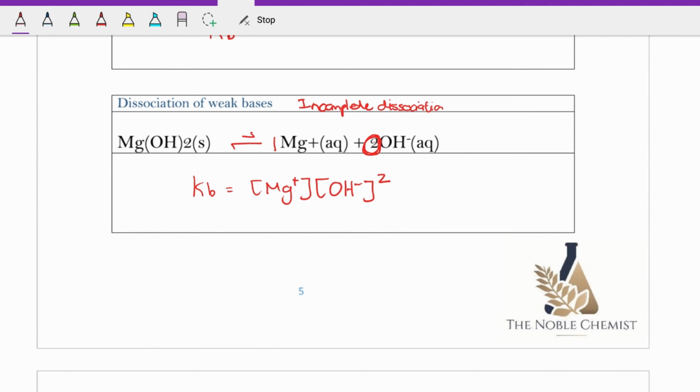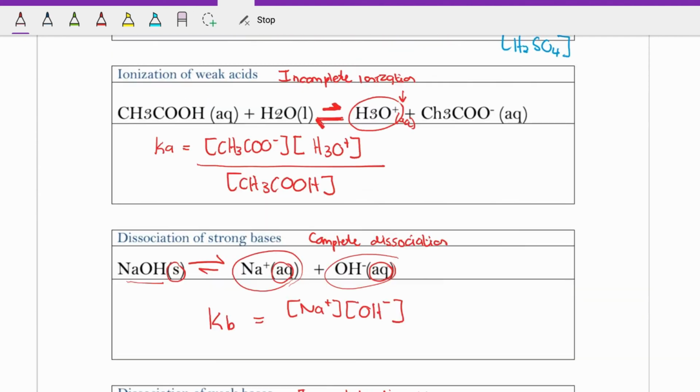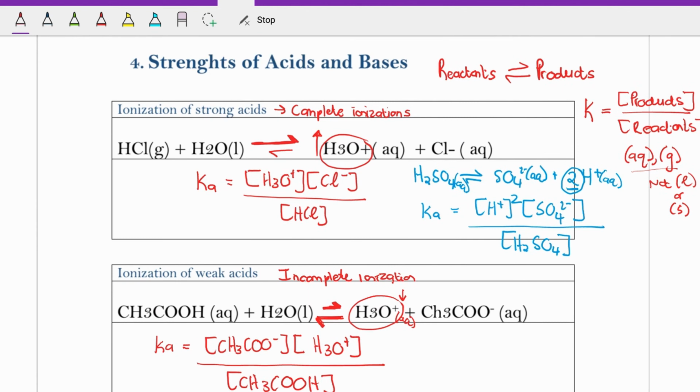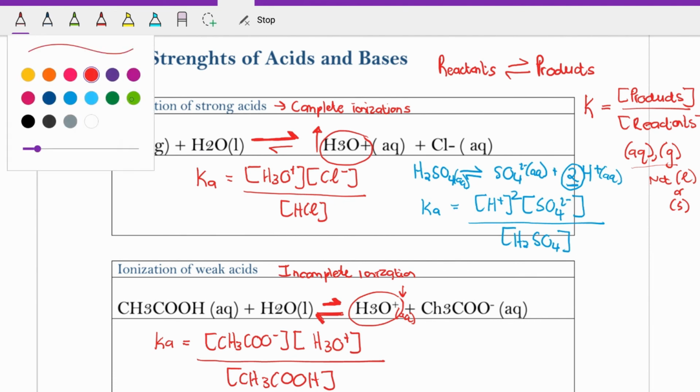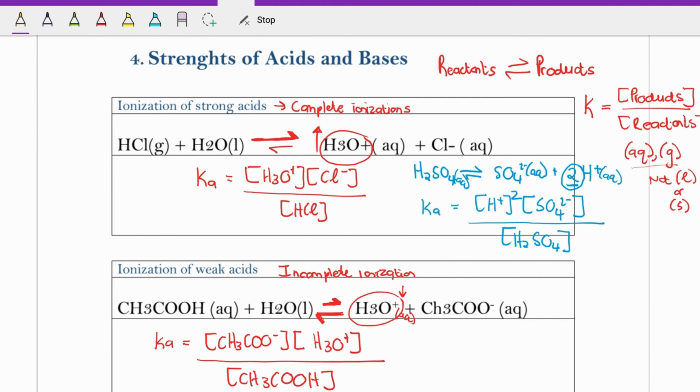dissociation constants. So if I can just quickly recap, if you go back to the meaning of these expressions, okay, the ionization constant and the dissociation constant. If I, for example, look at this reaction, and if I told you that I have a very, very high concentration of hydrochloric acid, and they ask you to explain what is the effect that this will have on the Ka. Is your Ka value going to increase or is it going to decrease? So if the concentration of HCl is very high,